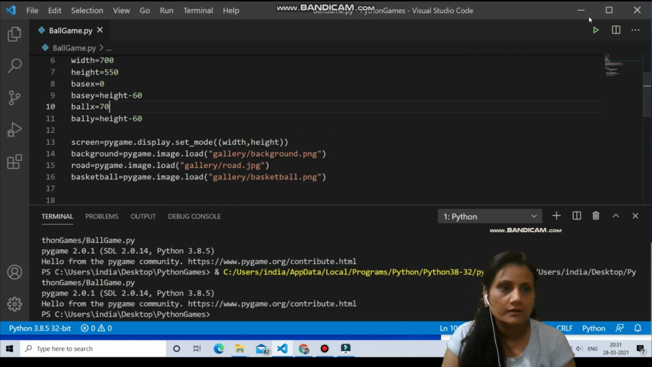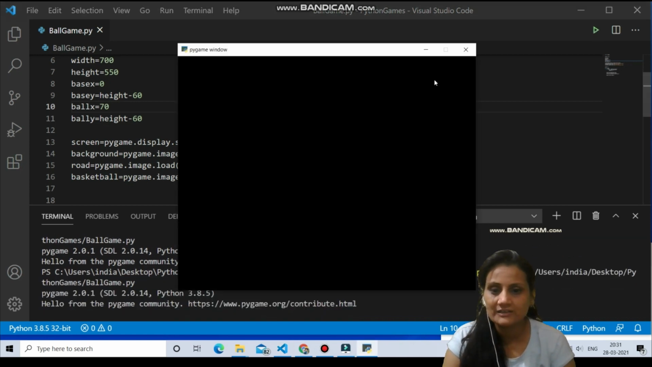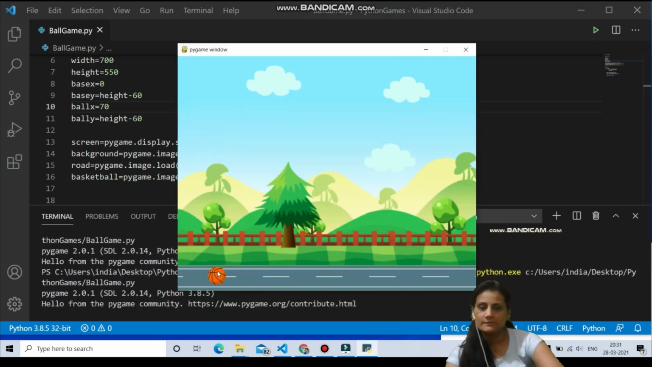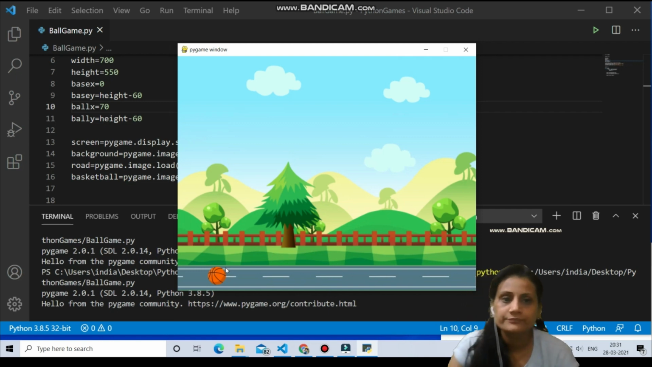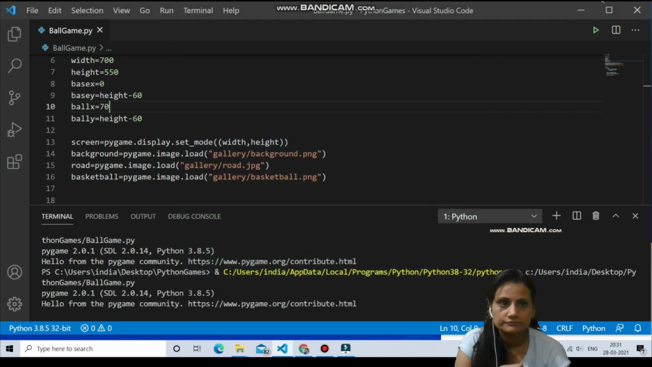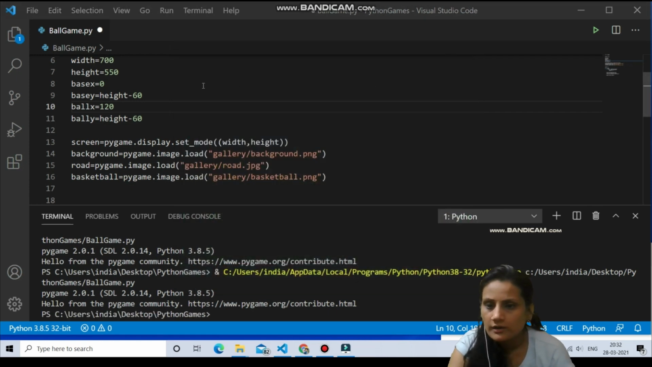Then execute, and you are going to see it again. See, the ball shifted a little bit more. I think still there has to be some change needed here. Wait, let's try this. I'm making ball x to 120 and